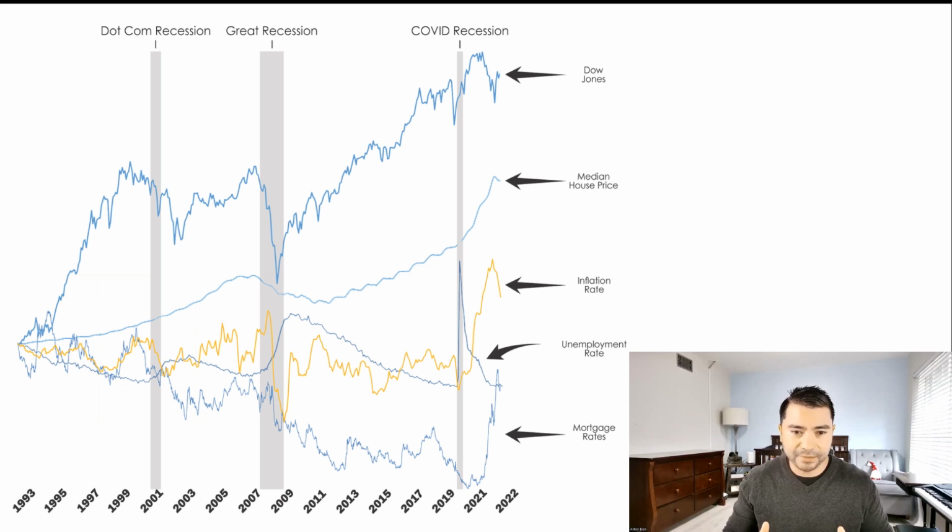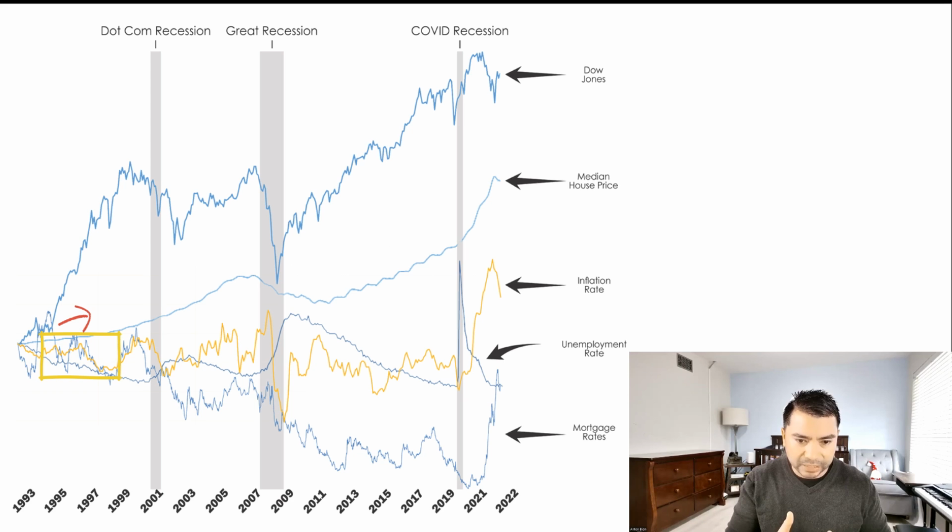Okay, now let's look at the durations outside of those recession eras. And we can clearly see that when the inflation rate and the mortgage rates are fluctuating at relatively normal levels, we see that the median house price is increasing at a very healthy level. Take a look. Between 93 and 1999, mortgage rates and inflation rates were fluctuating at relatively healthy levels. And there we have a consistent median house price increase.